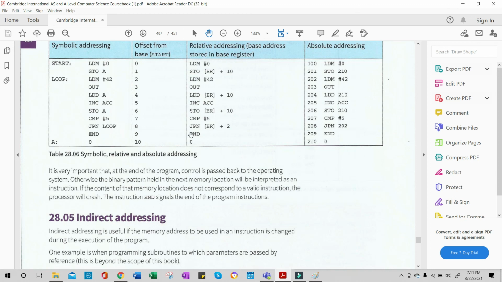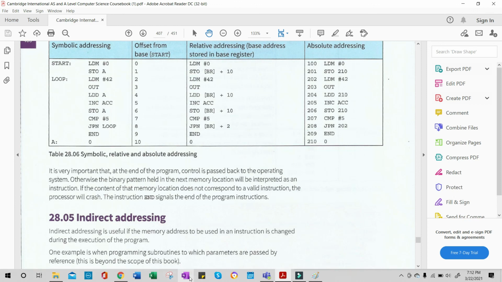So that's the purpose of end. So it's just like a begin and end, right? Where we state where we start and where we end, right? Otherwise there will be confusion with the memory locations here, right? So that's why they have used the end operation here,